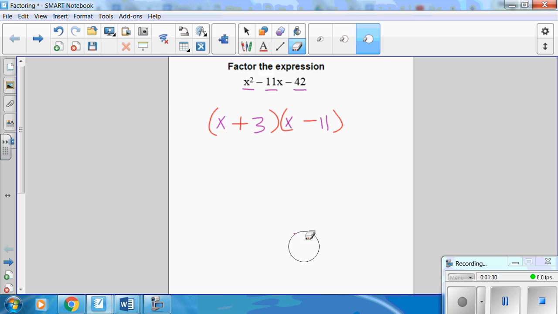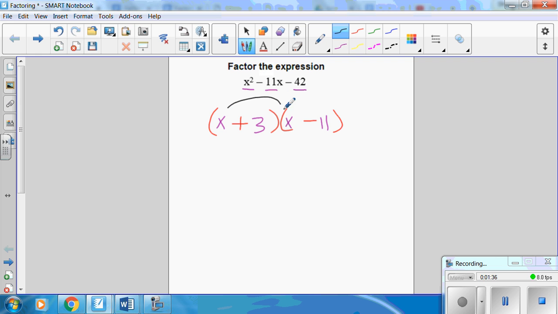Let's check our answer by multiplying everything. Let's take x times x right here, and that's going to be x squared. That's going to be negative 11x. This is going to be 3x, and this is going to be negative 33. So x squared, negative 11 plus 3